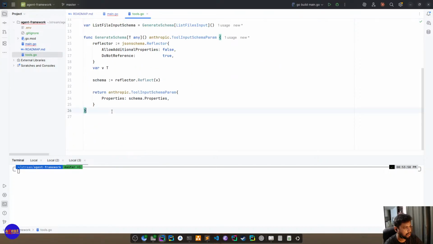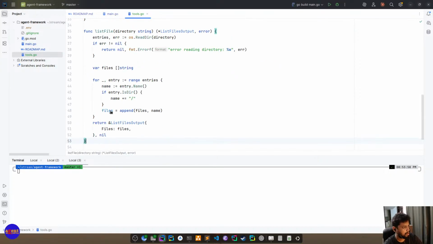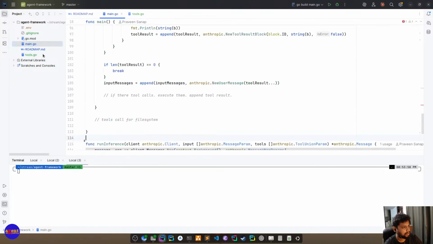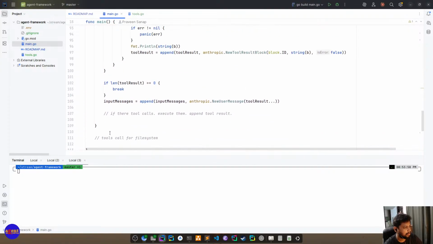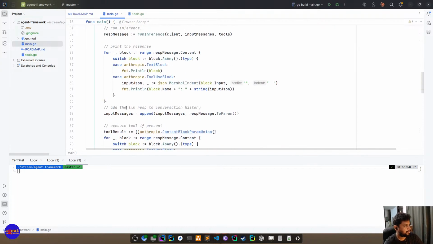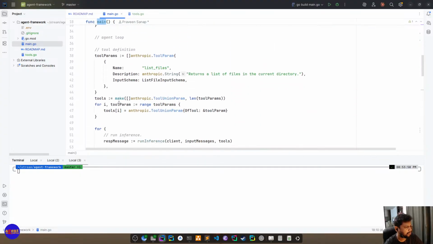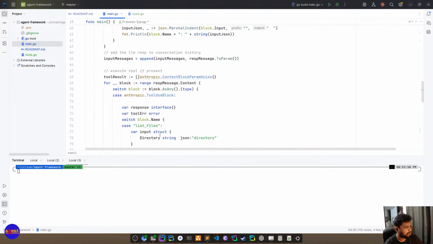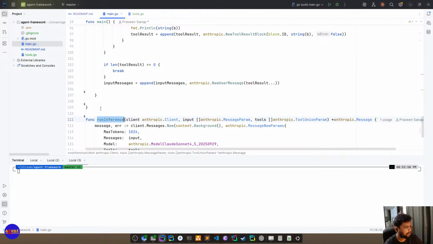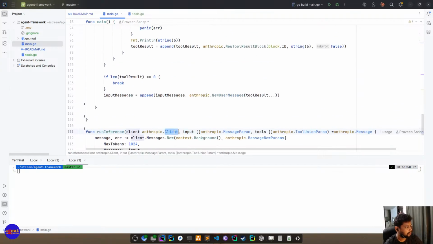This also goes here. Okay, this looks a bit cleaner already. So we have the main file with the agent loop and the run inference method.